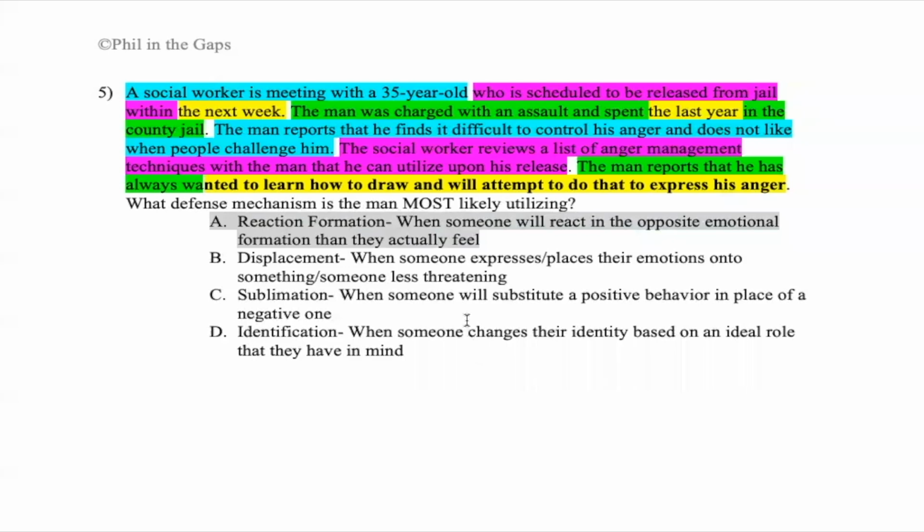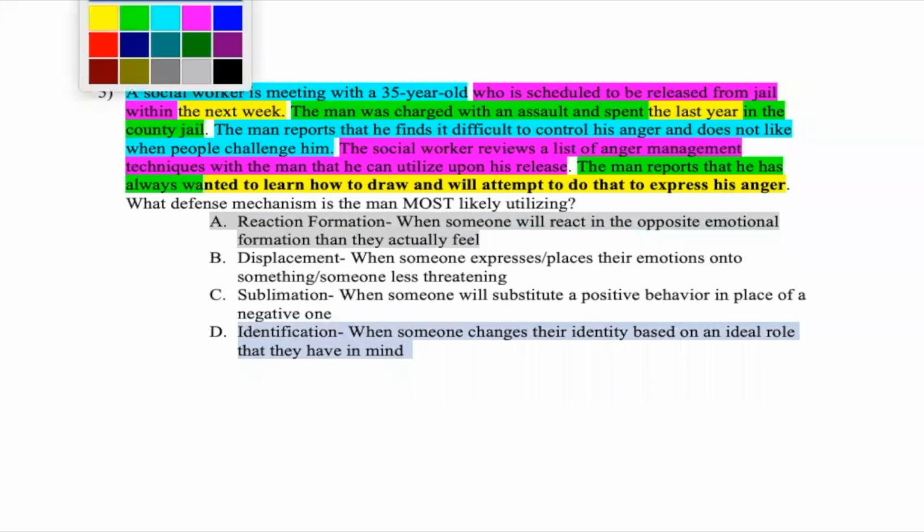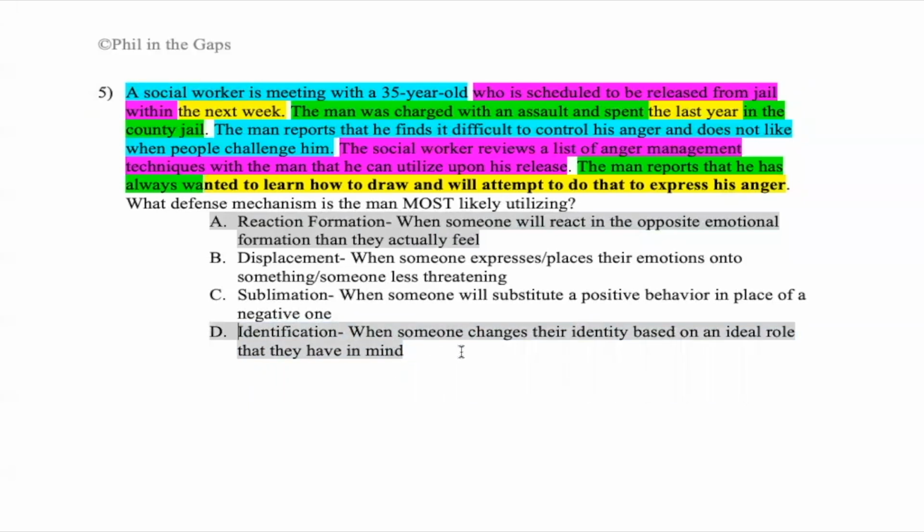We're also going to rule out D, identification, because unless he was like, you know what? I heard of this famous drawing individual, so I'm going to start drawing based on the fact that I want to be them. I want to become Picasso, or I want to become Michelangelo. I want to be all these artist type figures based on the fact that that's what I deem important. Nowhere in the question does he state that he wants to draw based on the fact that he wants to be those individuals, based on the fact that he happened to see it from a list of anger management techniques